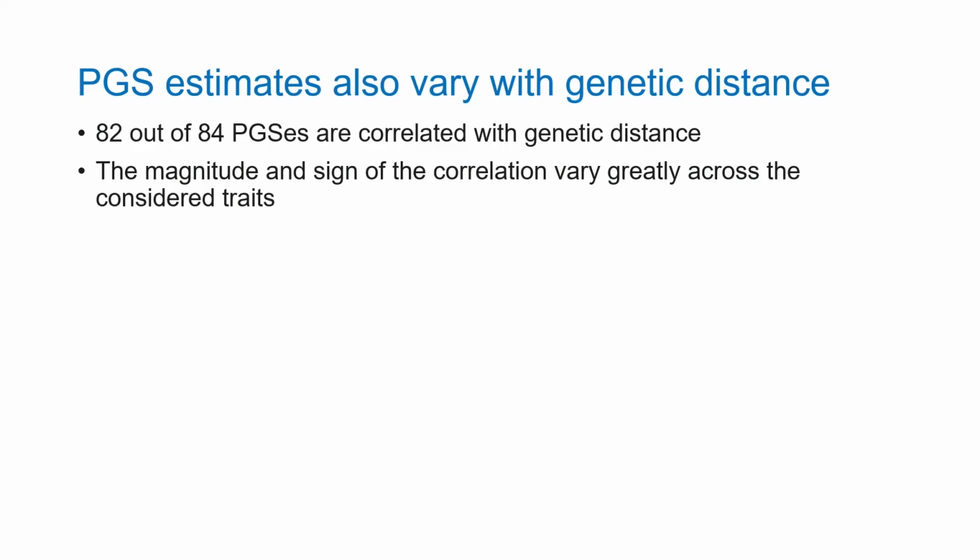The second and final question is whether the polygenic risk scores themselves actually vary with genetic distance. So far I showed you how accuracy goes down the further you move away. But how about the polygenic risk scores themselves? I caution you that the polygenic risk score is a measure of genetic risk, or a measure of genetic value. So it could go down or up as a function of ancestry, maybe because the genetics of that particular trait varies with ancestry, or it could be a biased estimator of genetic risk in the data.